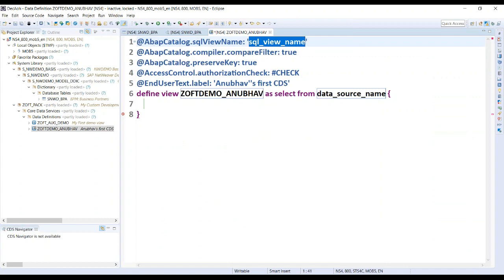Now, first thing which I need to give on the top is my view name. So let me give a view name ZDemo Anubhav. Remember, the view name should be less than 16 characters. This is a certification question. What should be the max length of the view name in a CDS view? It should be 16 characters because it is going to create a DDIC view in the system with the same